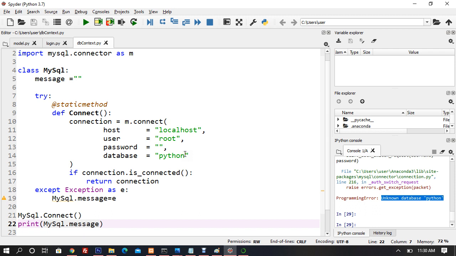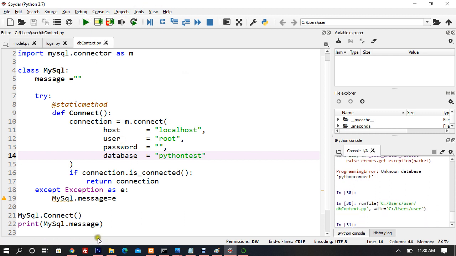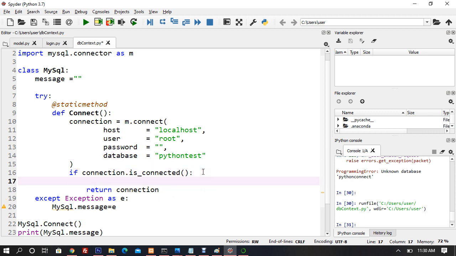Programming error. We still have Python connect. What is it? Python test, not Python connect. So the database name is Python test. Now it's a success, right? So if the database is successful, you're returning the connection and you say